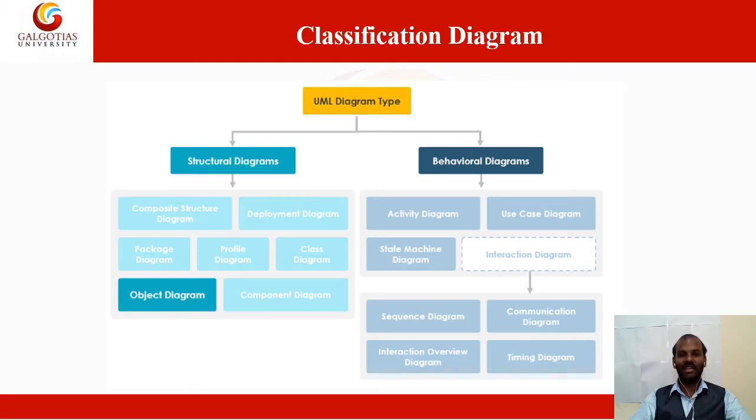And interaction diagrams. The interaction diagram provides the sequence diagram, which gives the lifeline, and based upon that it will extend a lifeline. And the communication diagram, which we can otherwise call a collaboration diagram, and the interaction overview diagram and timing diagram. All these things are used for your interaction diagrams, which come under the behavioral category of your UML types.